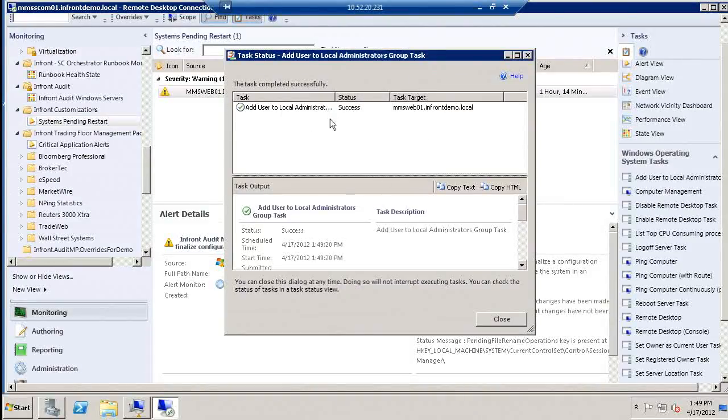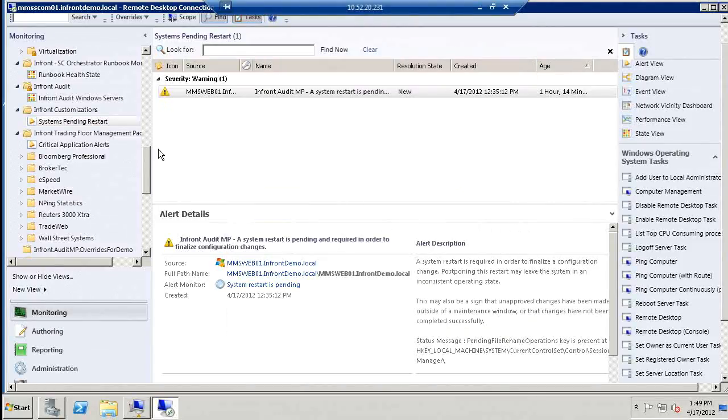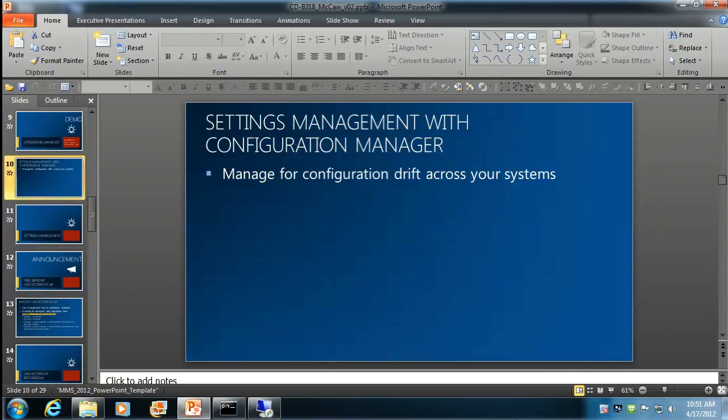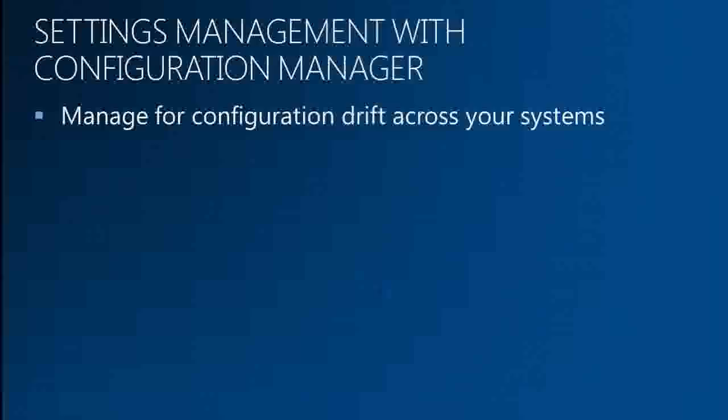So there we see that the task is completed successfully, and we've now leveraged a number of different tasks to accomplish possibly remediation issues or troubleshooting issues within the environment itself. So if I minimize our RDP session for a moment and go back to our slide deck, the next topic